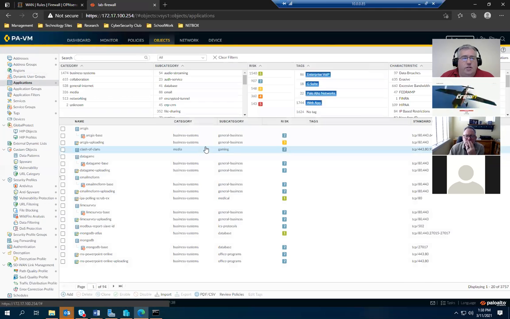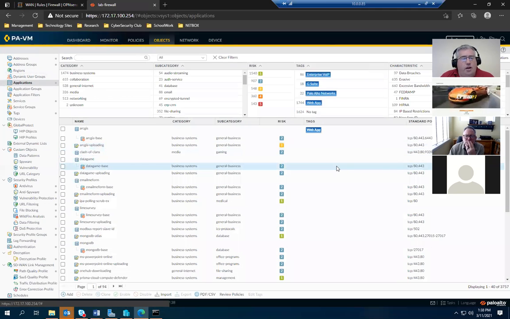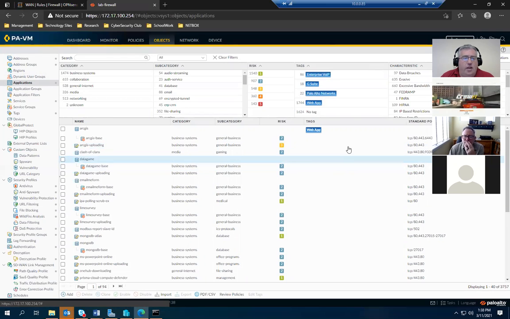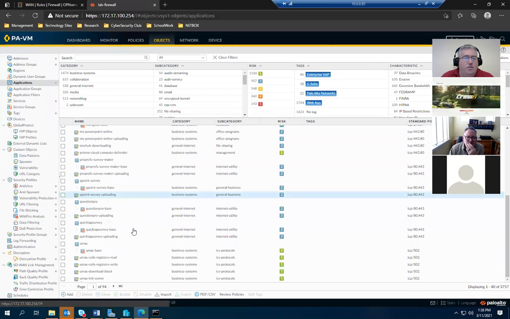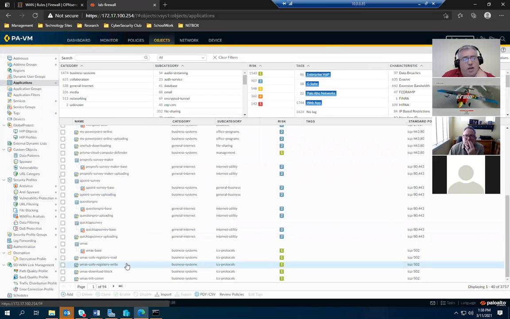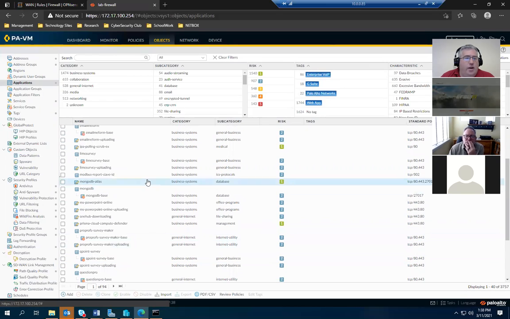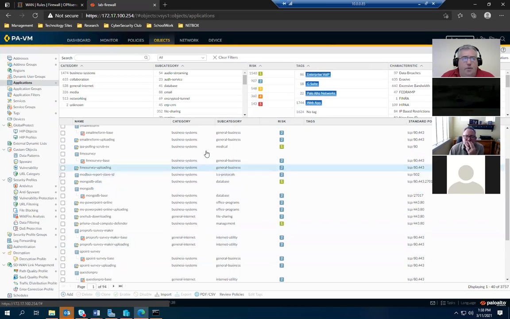Applications, again, this is what I was talking about before. This is the layer 7 part of it. They will match your traffic based on different applications. And there are literally thousands and thousands of applications that it knows about, and it gets updates all the time of new ones. So just for example,